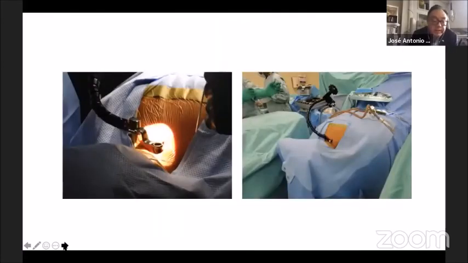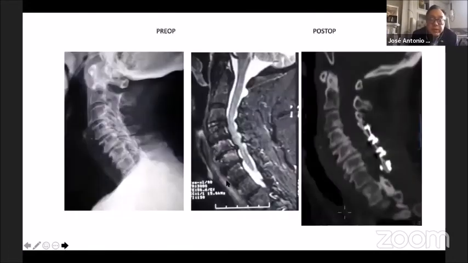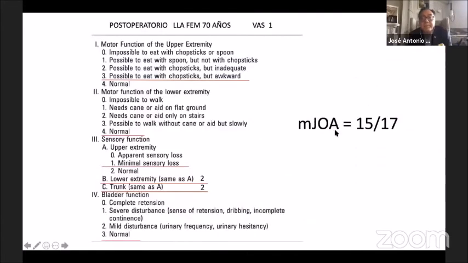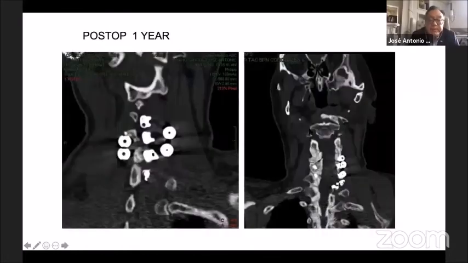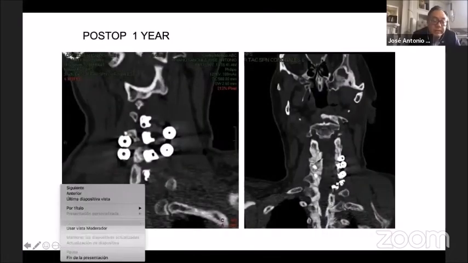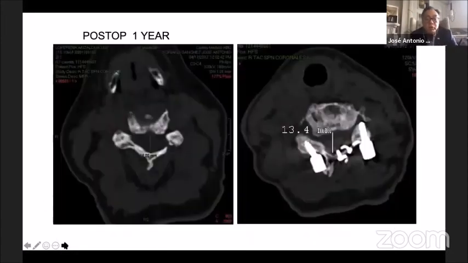You can see here different aspects of the same technique, but the most important is the widening of the spinal canal, very nice widening, and also the improvement of the clinical status, taking into account the modified JOA scale. And then good stability, nice widening, preservation in the first year of evolution, and nice fusion of the hinges